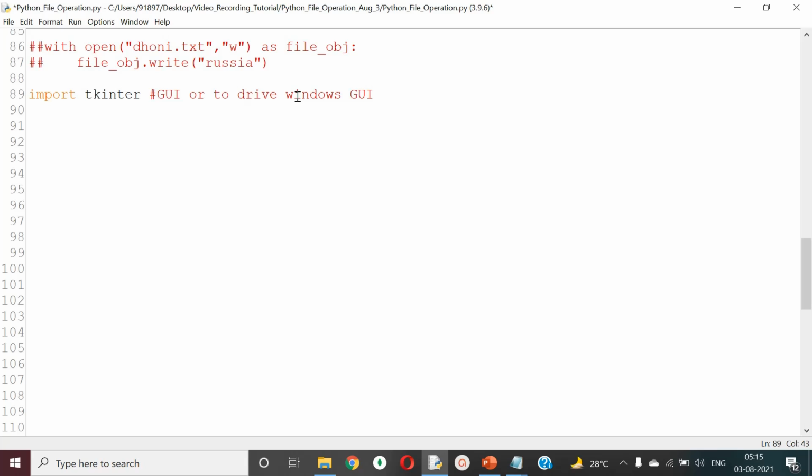So you can use Tkinter for both purposes. But 90% of people don't do design through Tkinter unless it is very minimal, like a one-click button or login button or some sort of browse button. If it is a very simple design, then you can use Tkinter. But for complex design, it is very much advised not to use Tkinter.